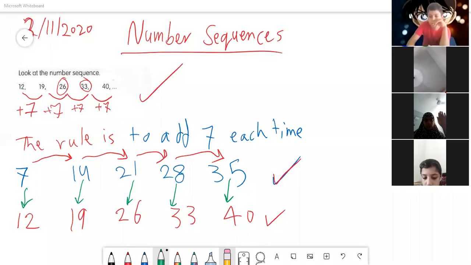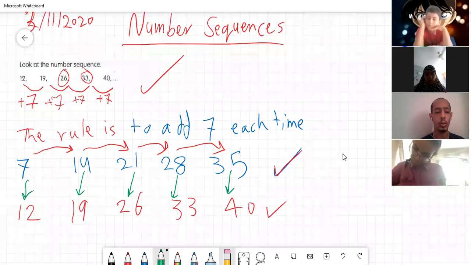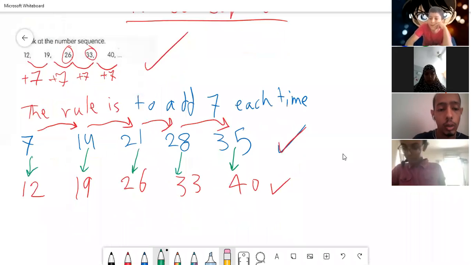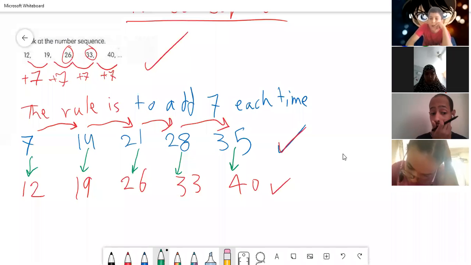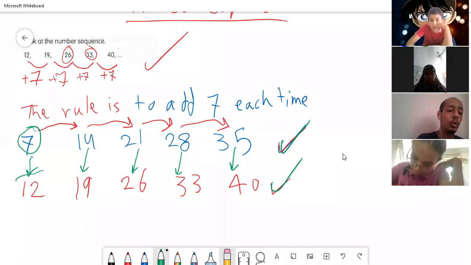Okay, let's continue. We have said that we have two sequences. The first sequence is the multiples of 7, so each time we're adding 7, 7, 7. The second sequence, as we discussed before, also has the rule of adding 7 each time. But now we are going to come up with a new sequence which relates the first sequence to the second one. So the difference between 7 and 12 is,